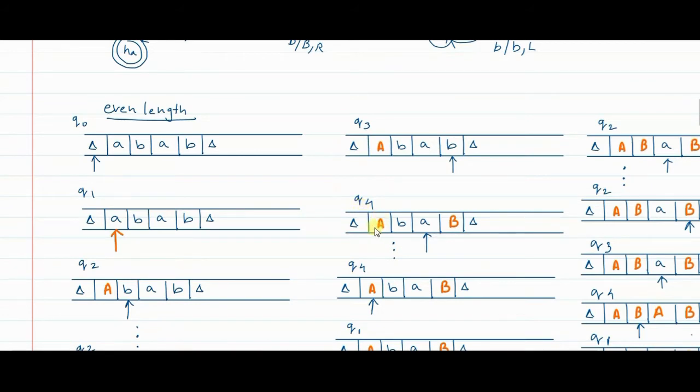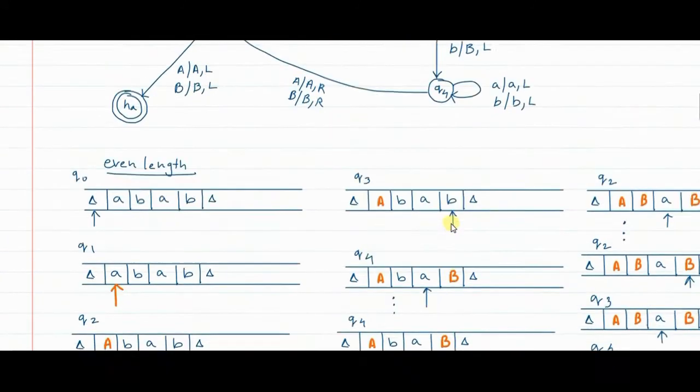So what have we done? We have marked one element, the leftmost element, and we have marked one rightmost element. Since this is a pair, whatever we have encountered so far is even length, irrespective of whether the element is A or B. For this particular symbol, whether it is A or B, we have found another element in the pair. Since there are two elements converted to capital A and capital B at the end, it means a pair has been found.